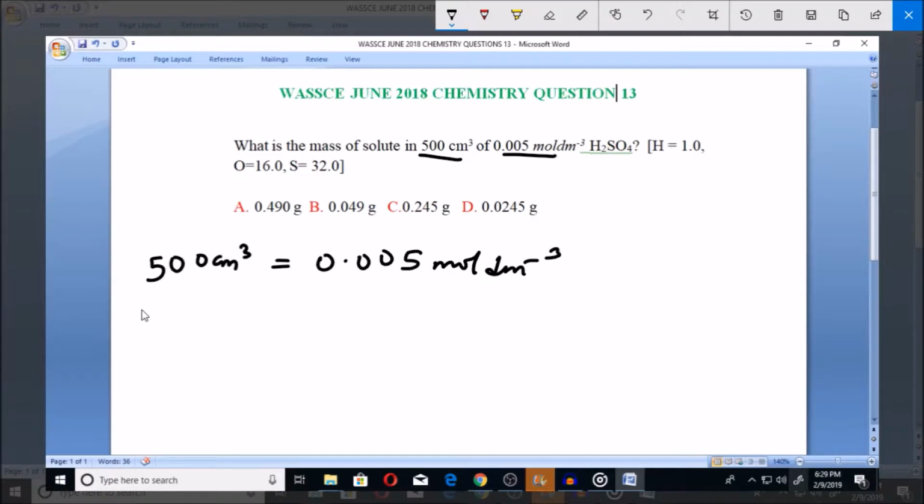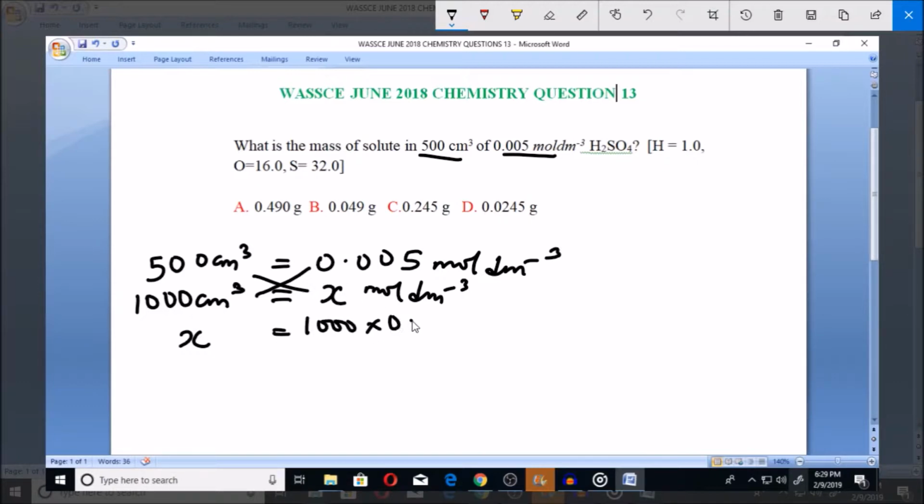Now, we need to have 1000 cm³. In what mole per dm³ are we going to get this? So let's call it X mole per dm³. In order for us to get X mole per dm³, we have to cross multiply. So we have this 1000 times 0.005 all over this 500,